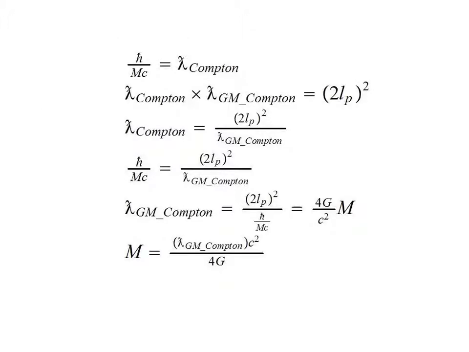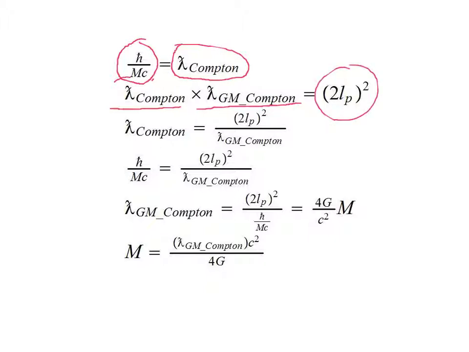We can take the Compton relation, h bar divided by the mass of the object times the speed of light, and that would equal lambda bar, which is the Compton radius. And we're going to make the claim that the Compton radius times the geometric mean counterpart of the Compton radius is equal to the initial radius squared. So we'll divide both sides here by the geometric mean counterpart of the Compton radius, substitute in our h bar over mc equals this value here, and work